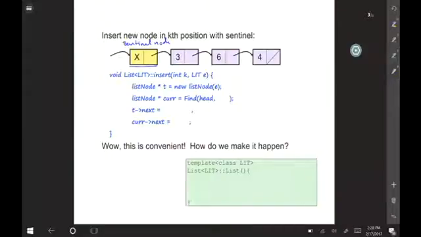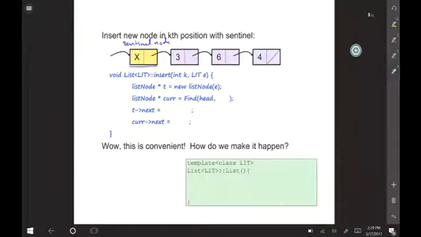It's a marker that says, hey, I'm in front of the list. That's all. Okay? That means that an empty list is no longer a null pointer. An empty list is this sentinel node, and that's it.